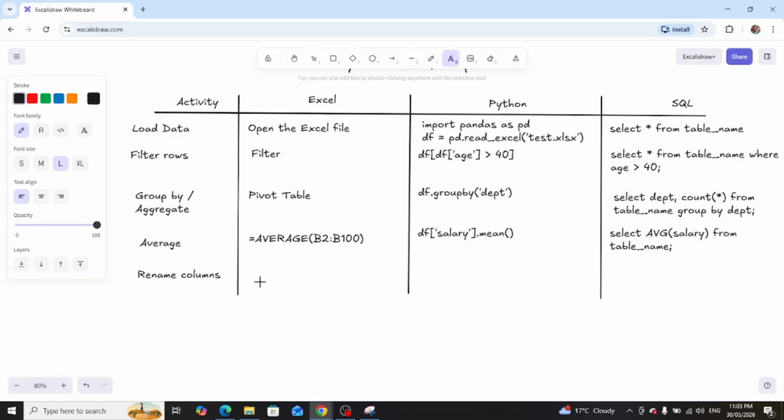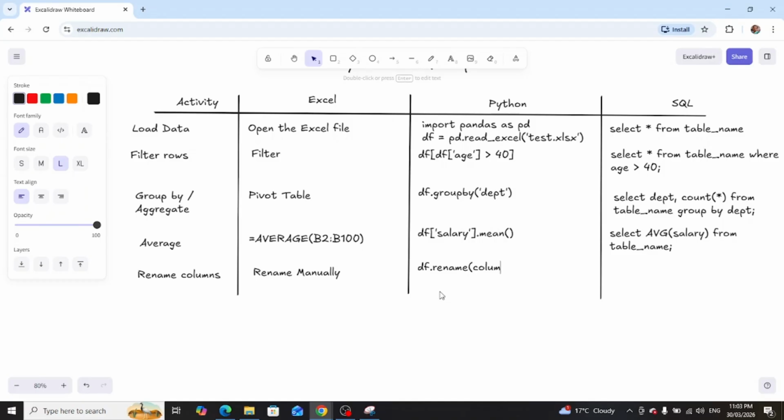How we are going to do this is, in the Excel sheet, we have to rename it manually. Whereas in Python, within the data frame we have, suppose we have a column, we want to rename it, right? So in data frame dot rename,